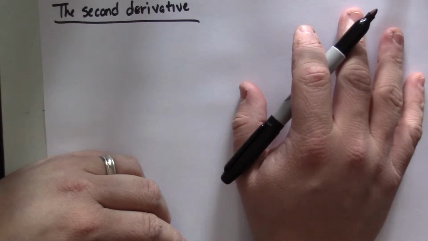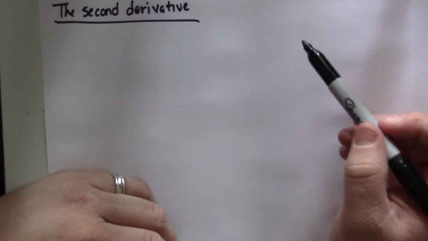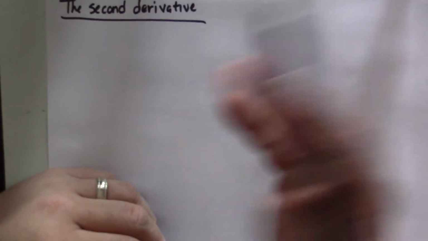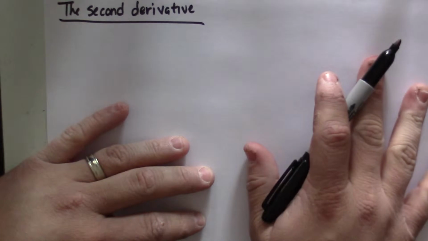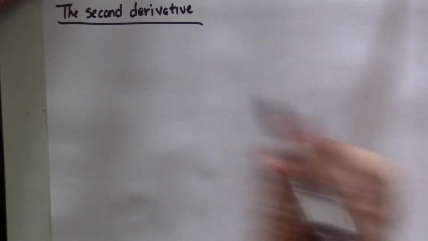Well, number one, the textbook tells me I have to, so there's that. But honestly, it's very straightforward once you've mastered the rules that we discussed in the previous videos. So the second derivative,